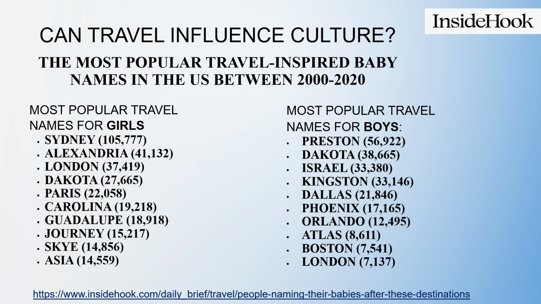So far, we've talked about how society and a variety of factors impact the tourism industry, but travel can also have an impact on society. We talked a little bit about sustainability and the negative aspects of tourism, but it also impacts things in the popular culture, such as the names of boys